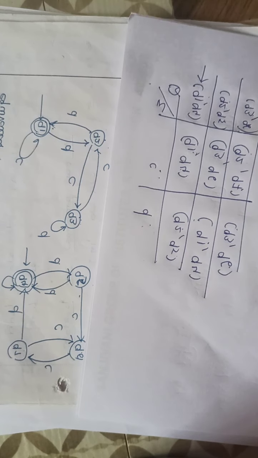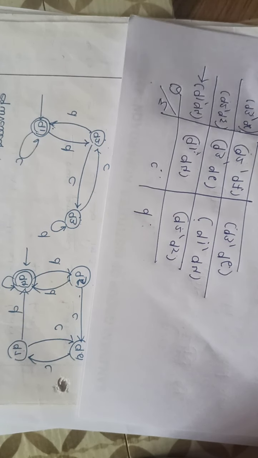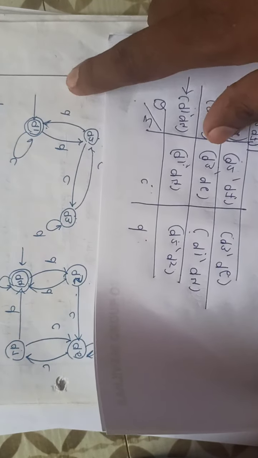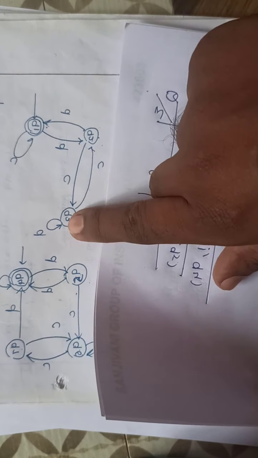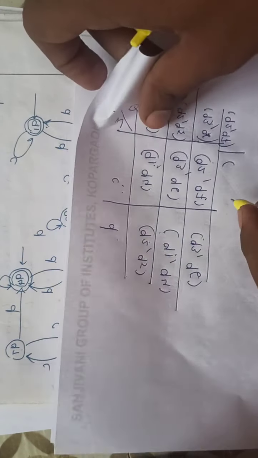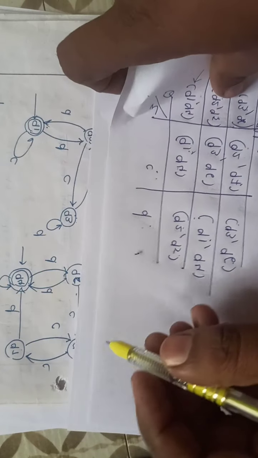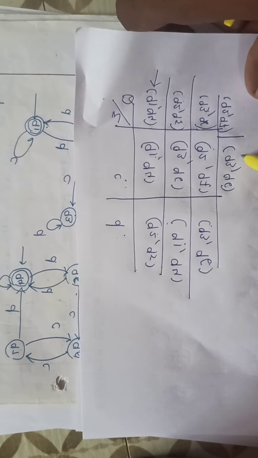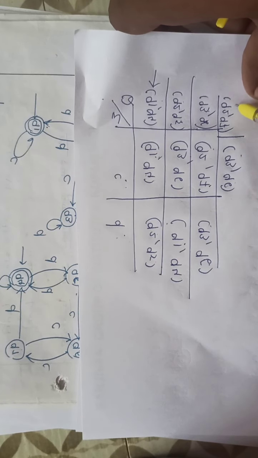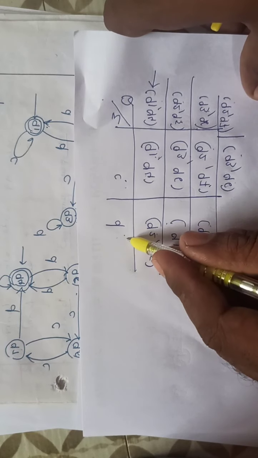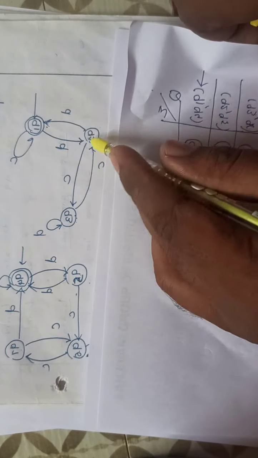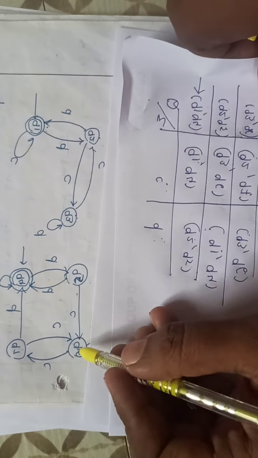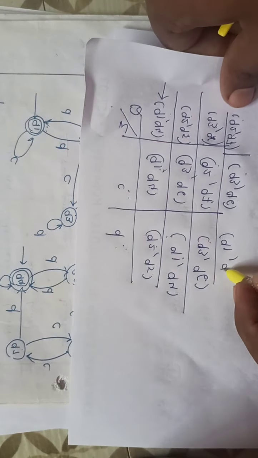So we need to find the transition from that newly generated pair. Q2, Q7 after receiving C: Q2 after receiving C will be in Q3, and Q7 after receiving C will be in Q6. So Q3 and Q6 is an old pair. Same way, we find Q2 and Q7 after receiving D as input. Q2 after receiving D will be in Q1, and Q7 after receiving D is in Q4.